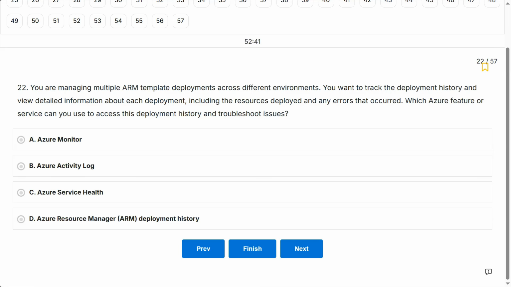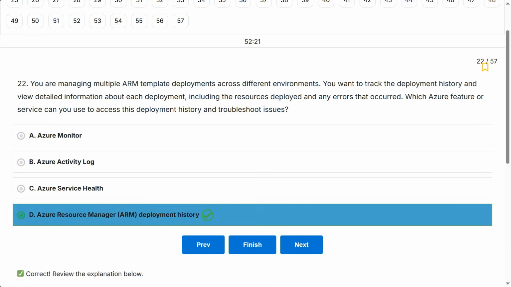Options: A. Azure Monitor. B. Azure Activity Log. C. Azure Service Health. D. Azure Resource Manager ARM Deployment History. This question asks about tracking ARM template deployment history specifically. Know which feature provides detailed deployment records, including success, failure, and resource lists. Correct answer: D. Azure Resource Manager ARM